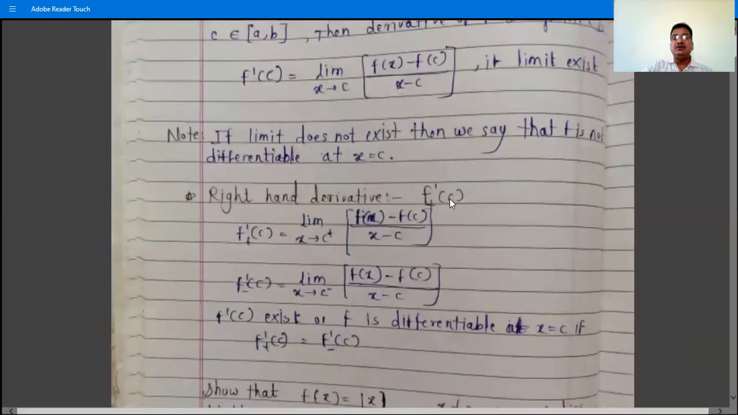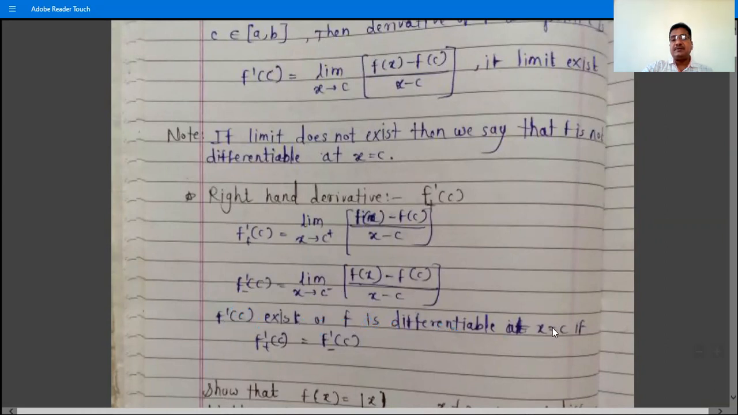Here is the definition of the right hand derivative. What is the notation? f dash c plus, with plus at the bottom of f, is limit x tends to c plus, f of x minus f of c divided by x minus c, that is the right hand limit. And f dash c minus is limit x tends to c minus, f of x minus f of c divided by x minus c, that is the left hand limit. And we know that if the right hand limit and left hand limit are equal, then we say the function is differentiable. So f dash c exists, meaning f is differentiable at point x equal to c, if